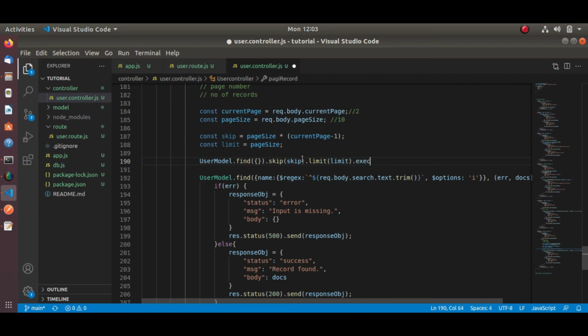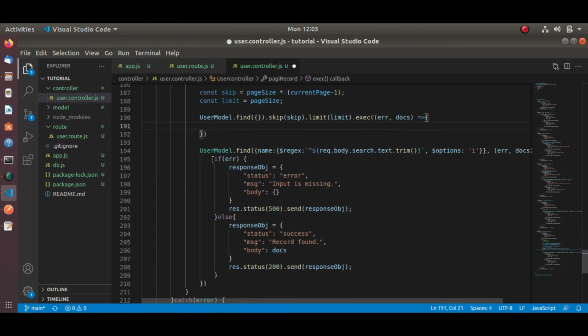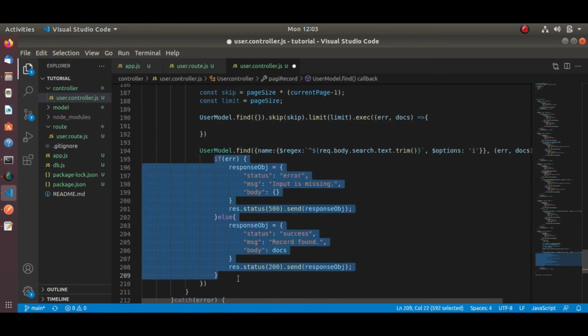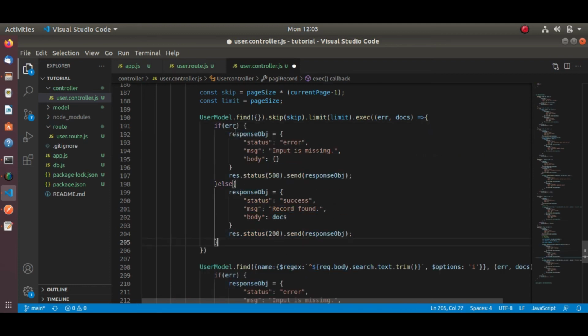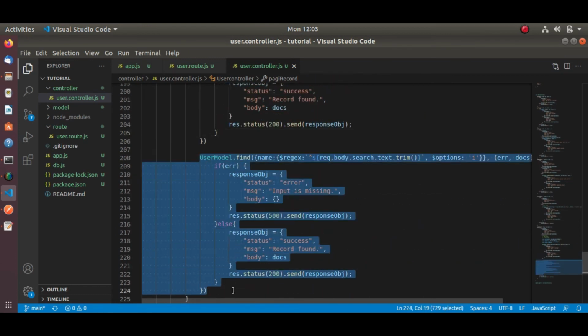Let's use the execute method here. Here I will call the callback. Same, copy and paste. Same response I appended over here. Let me delete this old one.